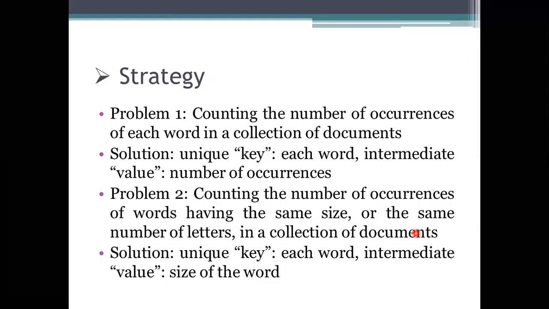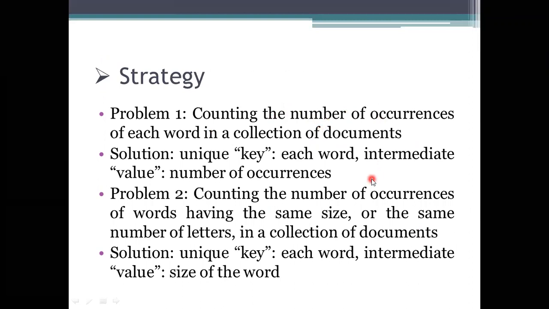So first we will see some problems here, and for solving these problems, what are the elements we are using, or what are the solutions we are taking into account for the process. Here we need to take the problem, consider one: counting the number of occurrences of each word in a collection of documents. Means I have the document here. So consider the document is having the value, to be taken as the number. Number is the element. In this slide, I want to know how many times it has been used here.